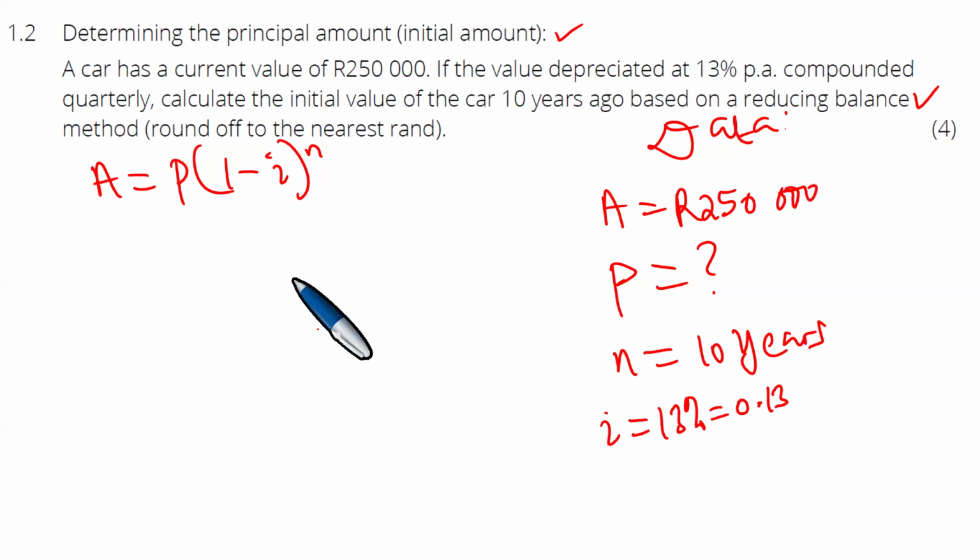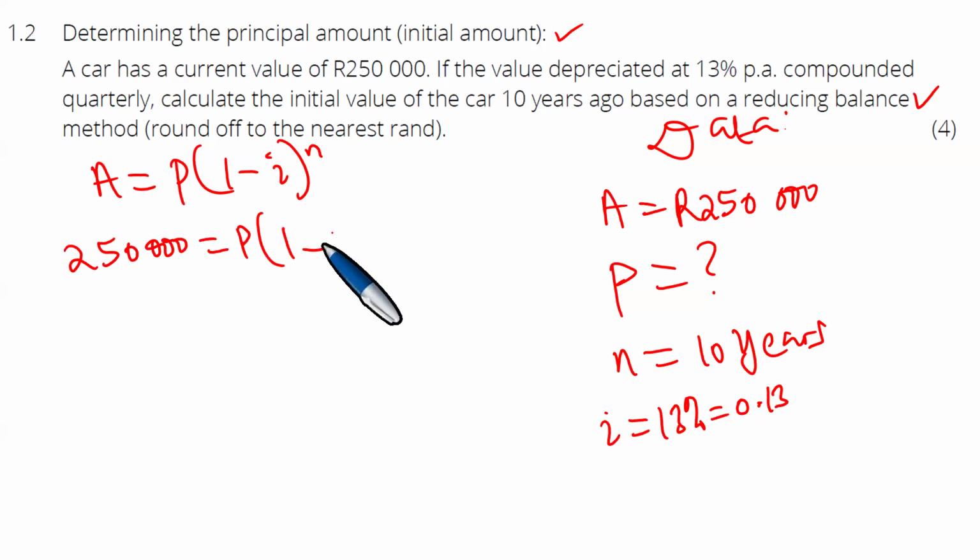Right, in which case, therefore, you plug everything into the formula. And what you're then getting is the car is the current value of this. Calculate the initial value of the car 10 years ago. Right, so you would then say, if you want this formula, you can manipulate straight away, but you substitute, it's just by substituting into the formula, 250,000, which is the present value, 1 minus the interest rate, which is